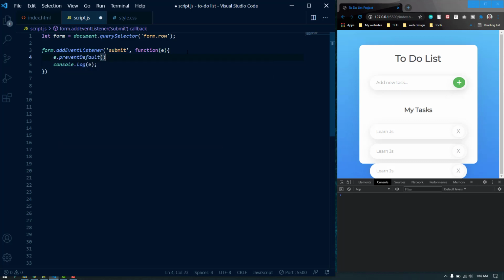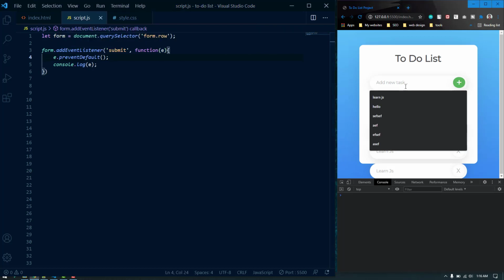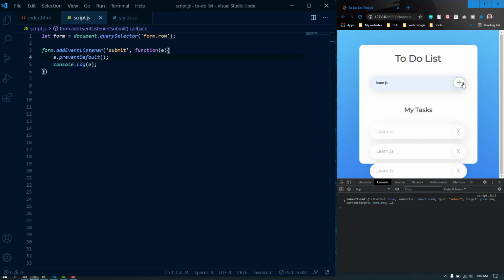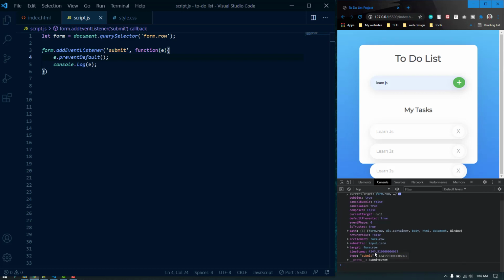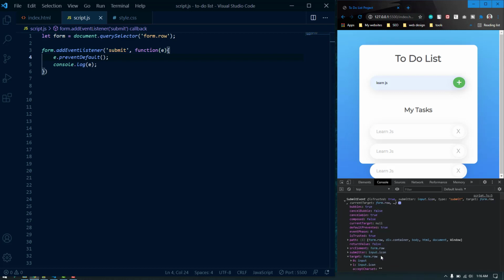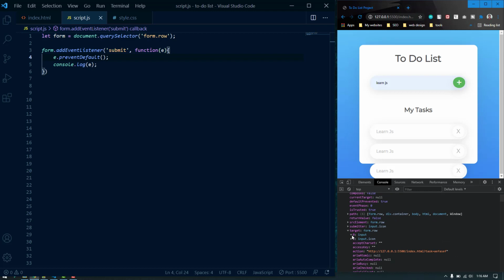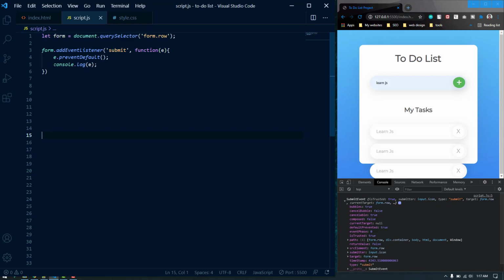So the default function of the form, when we submit a form, is to refresh the web page, and here we prevent the default functionality, so it will not refresh anymore. So let's submit the form, and here is the event parameter. You can find pretty much everything, right? Here is the target. You can also get the input, the class list, everything. So let's remove the console.log, we don't need it.